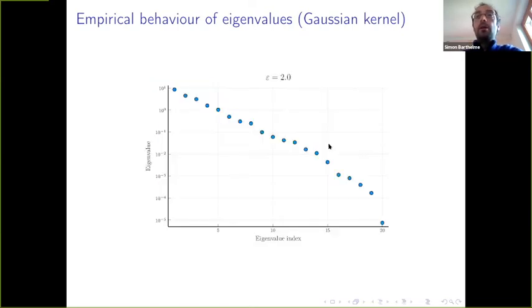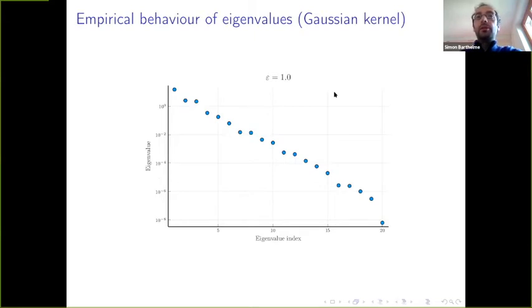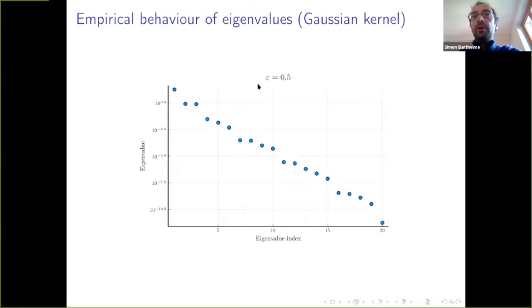However, if we look at the value of the eigenvalues, we see some interesting behavior. So this is all the eigenvalues sorted and plotted as a function of their index, from the highest eigenvalue to the lowest eigenvalue for epsilon 2. Next, I reduce epsilon, and as I reduce epsilon, we can see some pattern emerging here, and the pattern looks